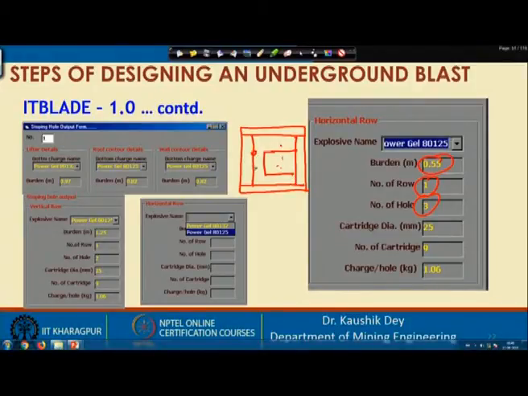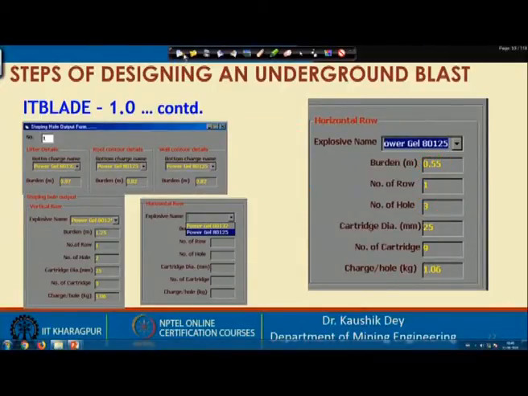And sorry, there are 2 holes, these are the vertical holes for stopping holes, and there is only 1 horizontal row of holes available in this condition. So, this is the design consideration, or you can see this is the design procedure